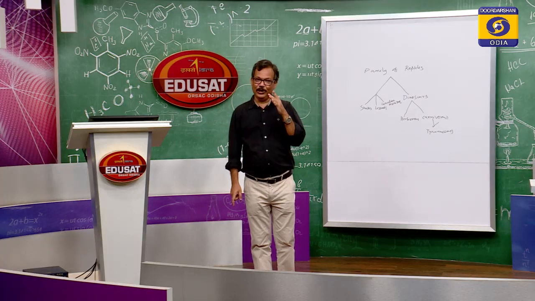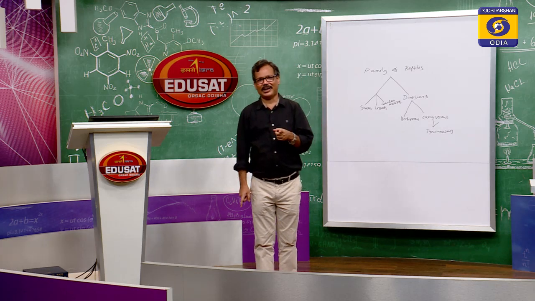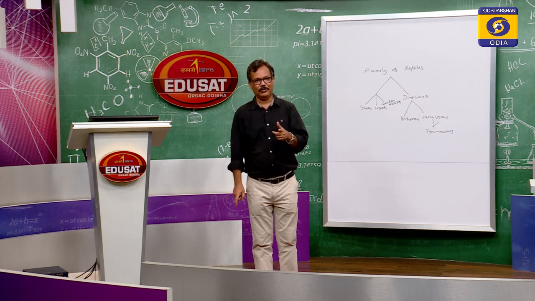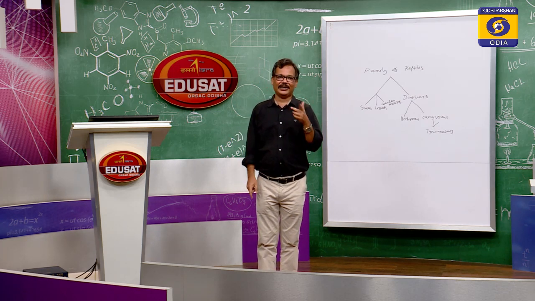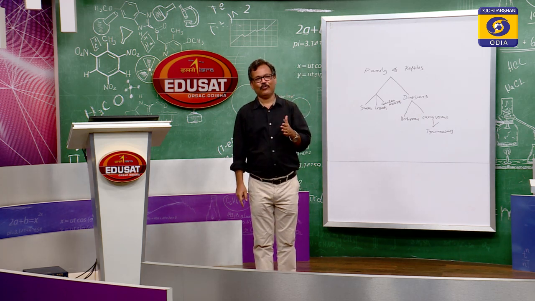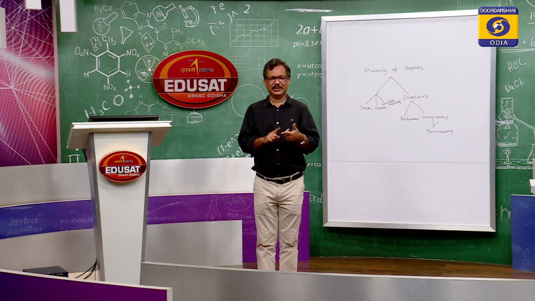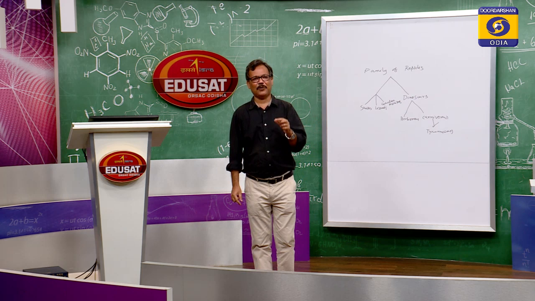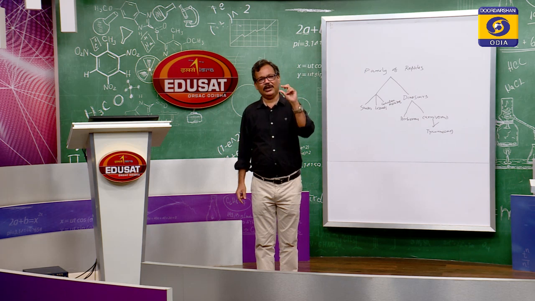So let me tell you once again, when do we draw a table? The answer is simple. When there is a classification of data, in that case we draw a table. When do we draw a graph? When we have to show a rising or falling trend or both rising and falling trend, in that case we draw a graph. Then when do we draw a bar diagram? When we have to make comparison between more than one object, in that case we draw a bar diagram. Remember, even for a single object, I will show you in later slides,